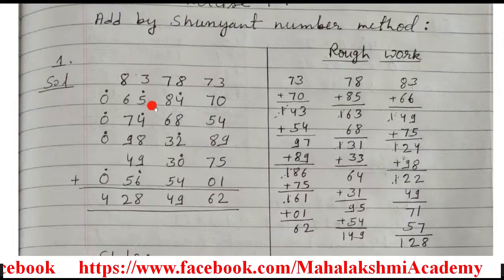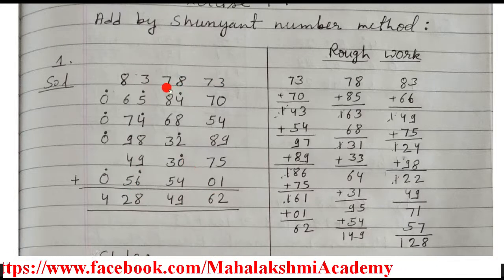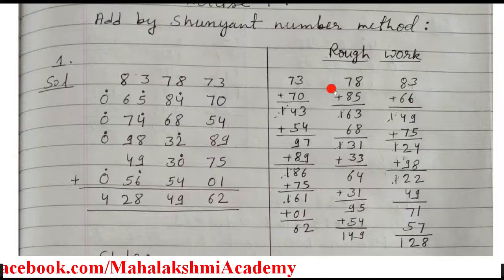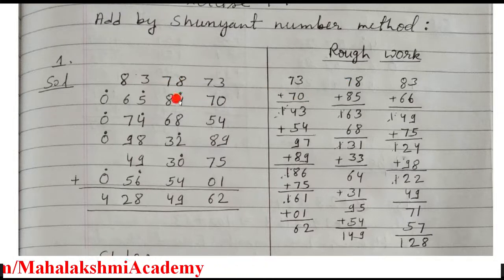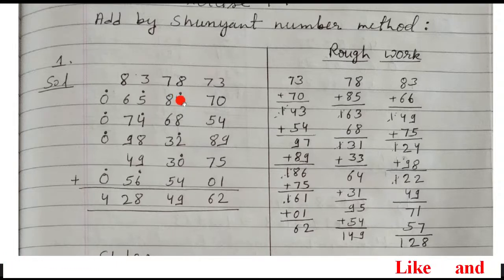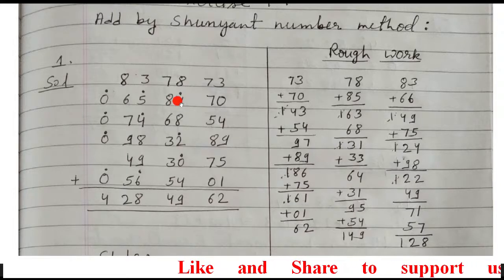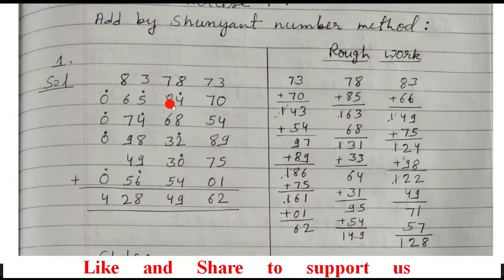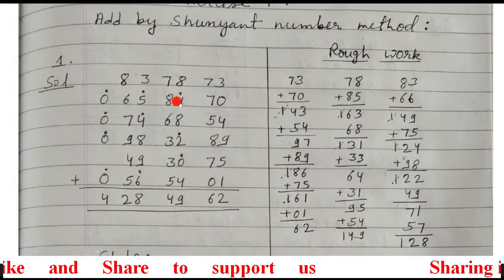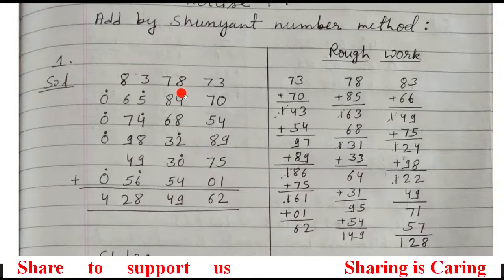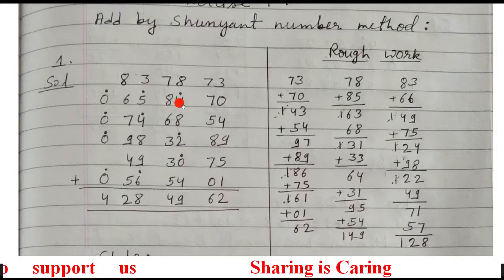Now we'll move to the second column summation. In the second column we'll start with 78. So I wrote here 78. Now students, the meaning of this dot is Ekadika dot. Ekadika means Ek Adhik, so you have to do Ek Adhik here, which means one more. So add 1 to this. You will get here 85, because it's 84. When you add one more, that is 8 adhik, you get 85.